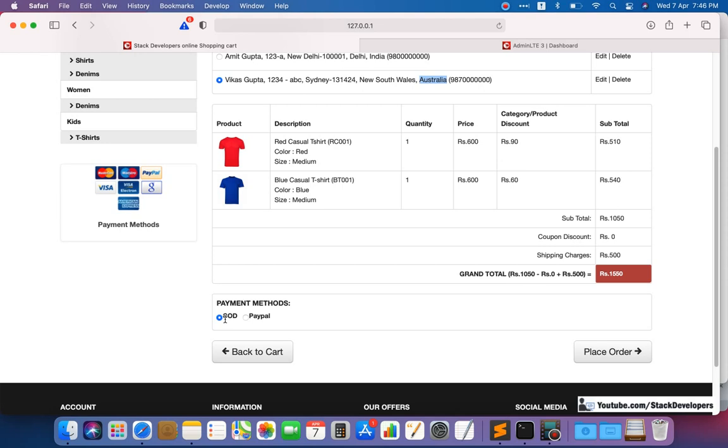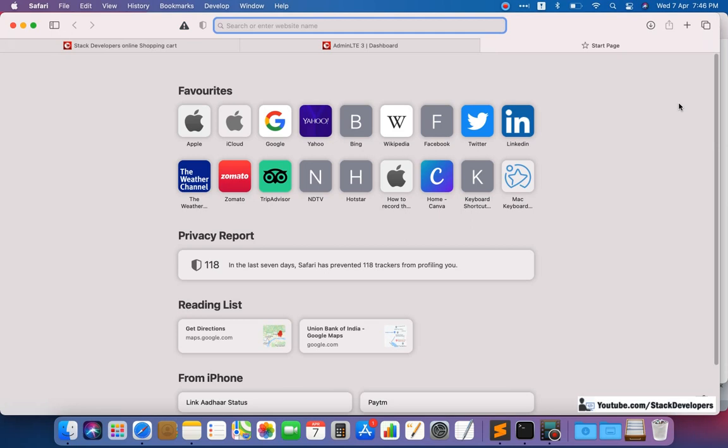So in the COD order, we need to pass the shipping charges, and we need to pass this updated grand total. After clicking on COD and place order, right now shipping charges will not go, because we still need to update the backend code in the checkout function. So we are going to update the checkout function and add the shipping charges there, so that shipping charges will go along with the updated grand total. This we are going to do in this video.